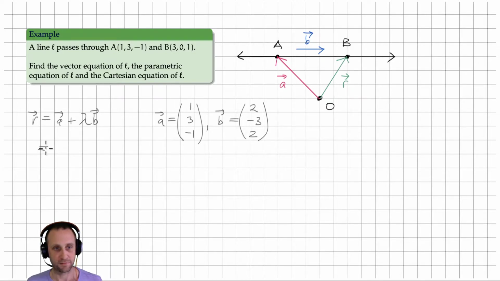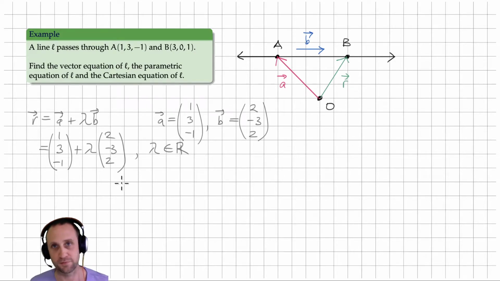So down here, this is 1, 3, -1 plus a certain number of these B's here. So 2, -3, 2. And it's good practice, I think, to say, okay, but what is this lambda that we're introducing? Don't leave people hanging, let them know what it is. It's just some real number. And you can think of it as time, I guess. So as time evolves, we get more and more points on this line, something like that. Okay, so that would be the vector equation